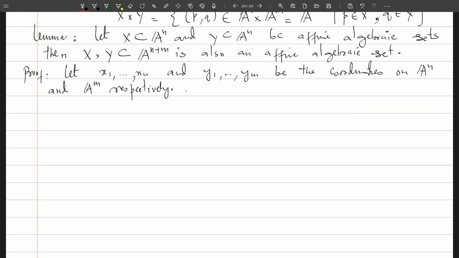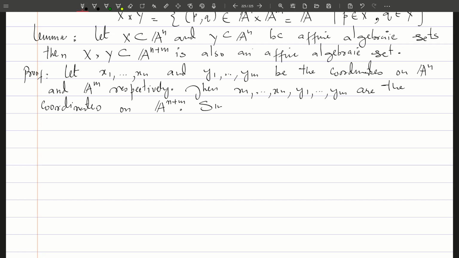If this is the case, then x1 up to xn and y1 up to ym are the coordinates on affine n plus m space. So if this is the case,